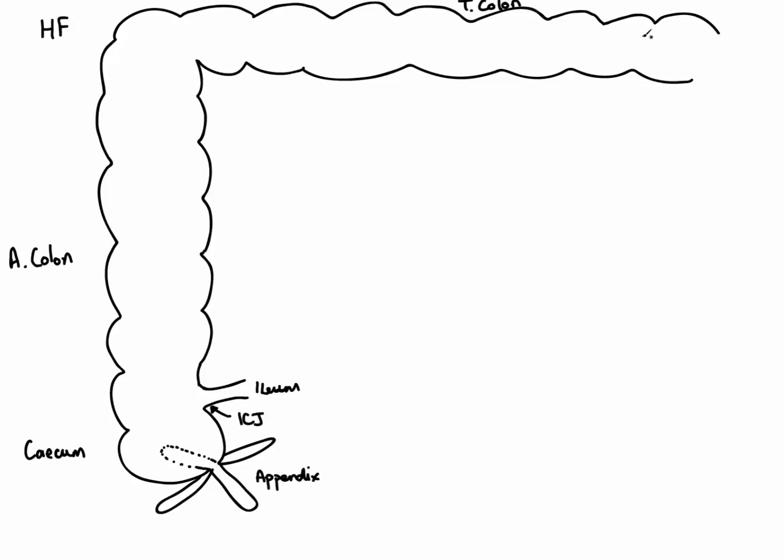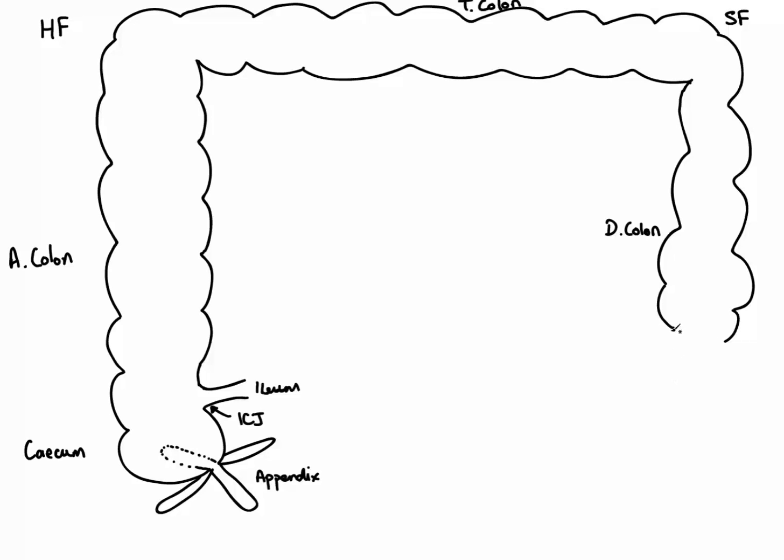And then it heads towards the spleen, where it then becomes the descending colon. So here we can see we have the descending colon. The turn where it becomes inferiorly from running transverse is known as the splenic flexure. And then the descending colon passes down the left-hand aspect of the abdomen, and then it heads towards the midline